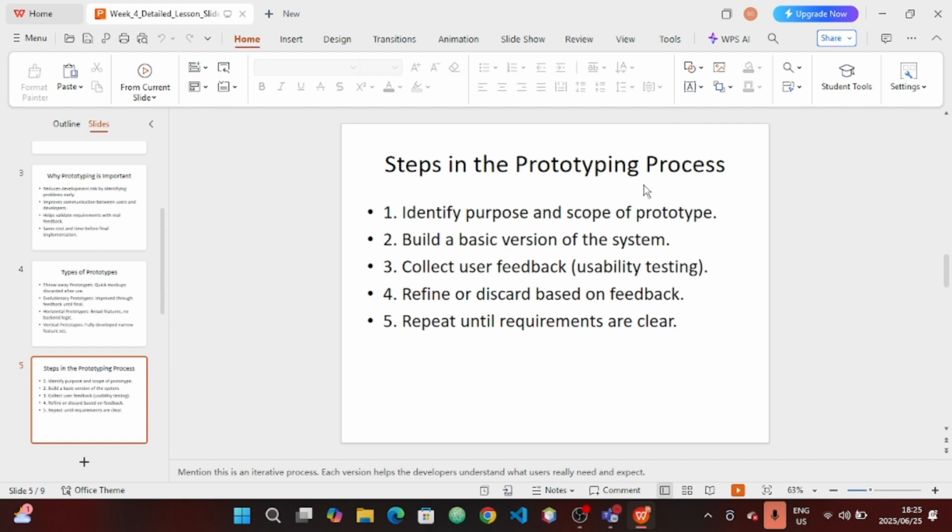So what I'm getting at here: when it says we identify the purpose and the scope of the prototype, you are going to ask yourself, okay, we are building this app. Why are we building this app? And also we will have a scope for the prototype as well, and then we will build a basic version of it, just a base, not a full version, just a basic version. Because on our last lesson on Monday